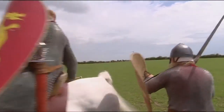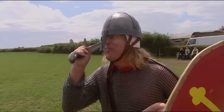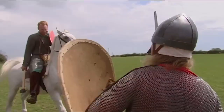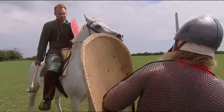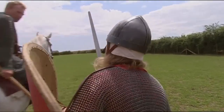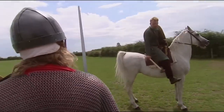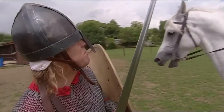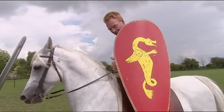Hey, you didn't tell me about that. I thought you were going to hit me on the shield. That's cheating. Why do you think we gave you our helmet? The typical Norman rules, I know. Would I be able to stab the horse? You wouldn't think twice about it, yeah? You would be trying to kill the horse, because if the horse is dead, then the rider is very vulnerable. And you didn't think enough of your horse to put armour on that as well? It was a trade-off between mobility and speed